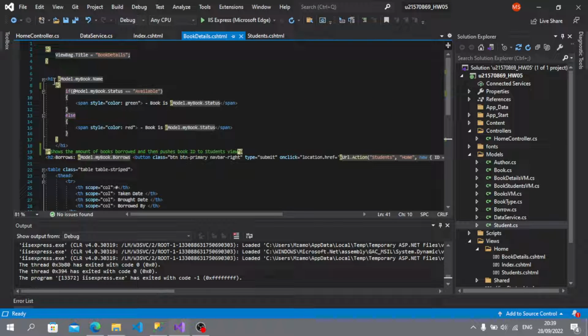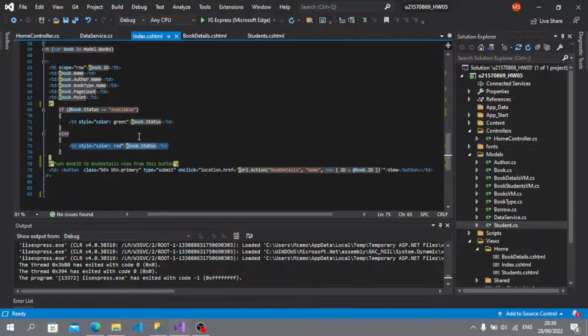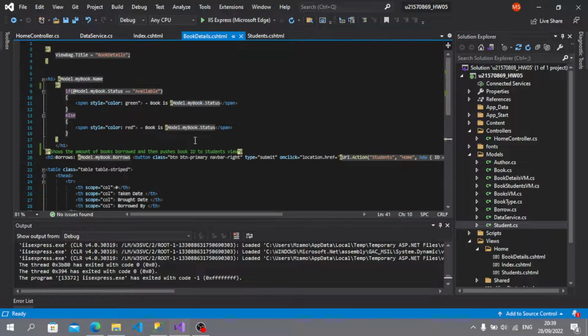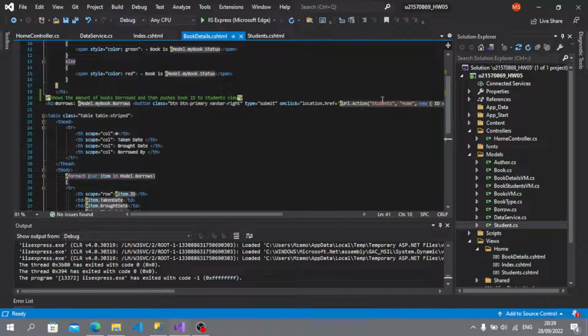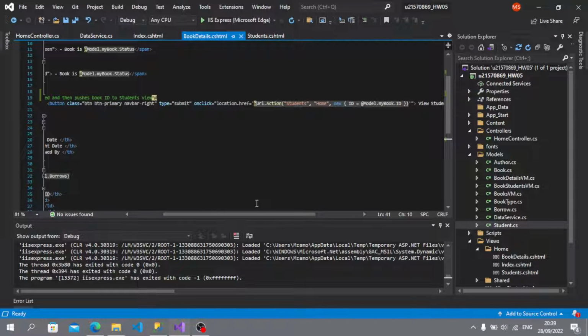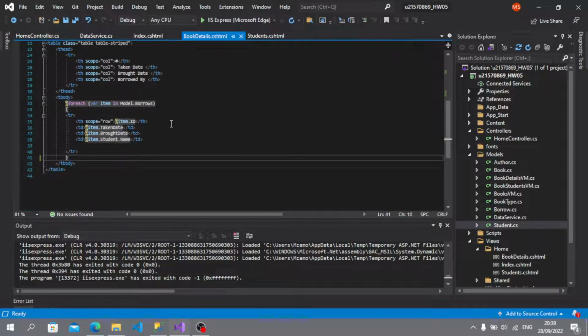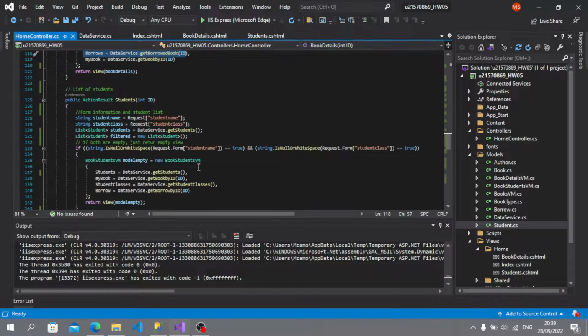Over here, it just says show the book name, if it's available. Same thing that happened over here, just to show the different statuses. And over here, this button, if you click it, will send you to this view and pass the ID of the book as well. And then this is just the same, looping through the model to display the various data. So if I were to go to the students over here,